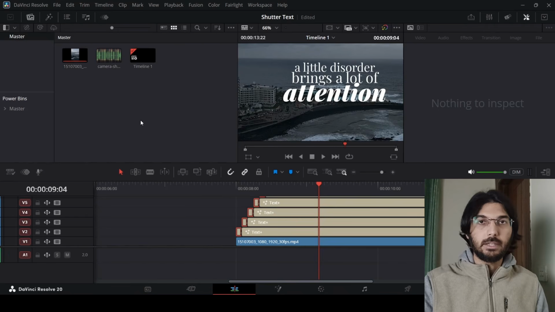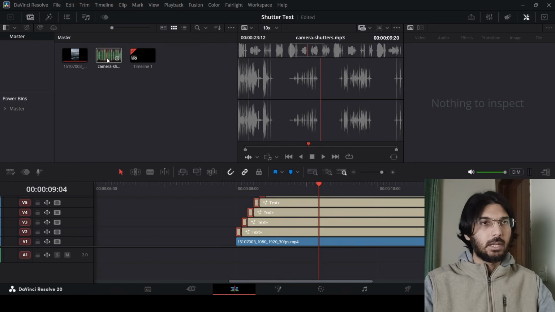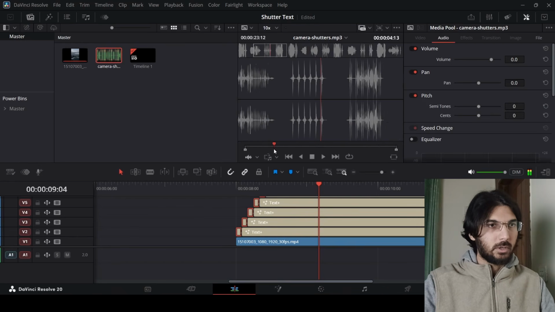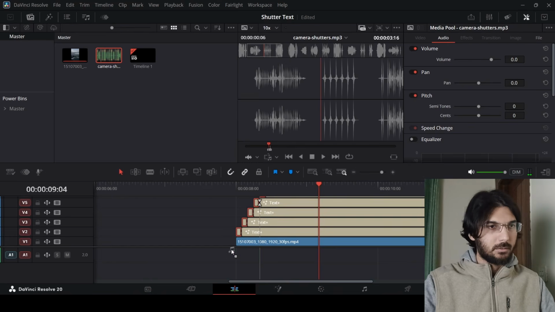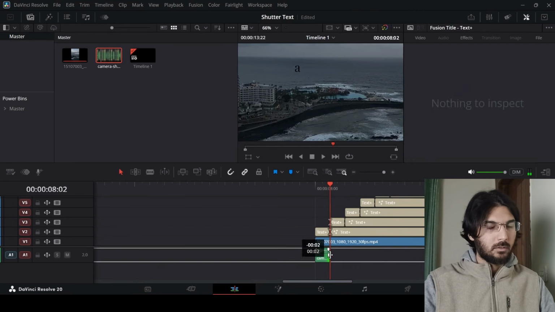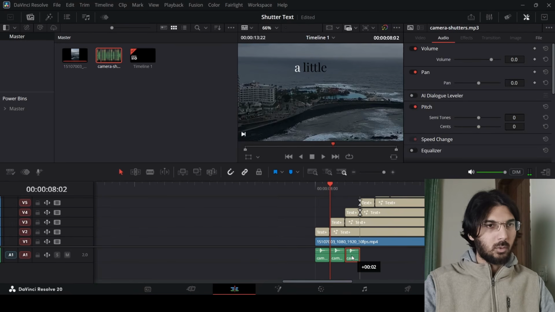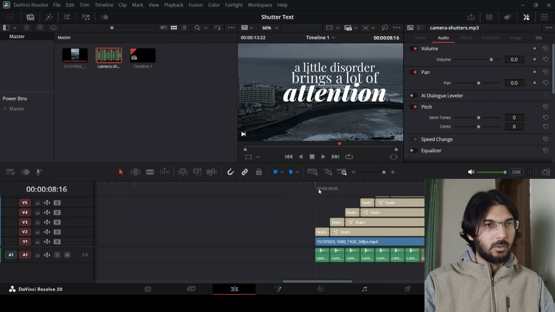And now the main thing is to have a shutter sound effect. So you can of course use any click sound effect as well, but for this one I'm using this camera shutter. So right now I'm just going to select this one, drag this in right here. And now we can make this for each of these cuts that we have. All right, so now if you play this,